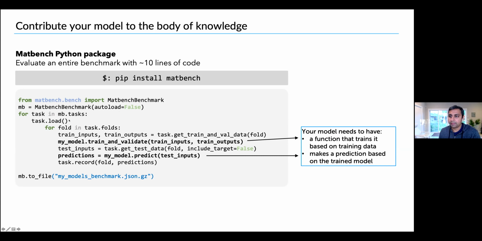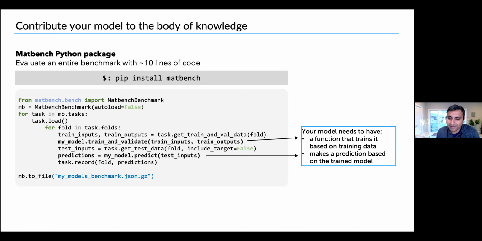Then this will iterate through every single one of those 13 data sets that I mentioned and load that particular data set up. And then each of these folds is one of the nested cross-validation tests. And then what you do is you actually get the training and the validation. You get the training data basically for every single data set. And then you have to implement the method that will actually, given the training data, initialize your model, all the hyperparameters and all that stuff, which you probably already have if you have a machine learning model. Then you get the test data, and then your model has to be able to make specific predictions for the test data.